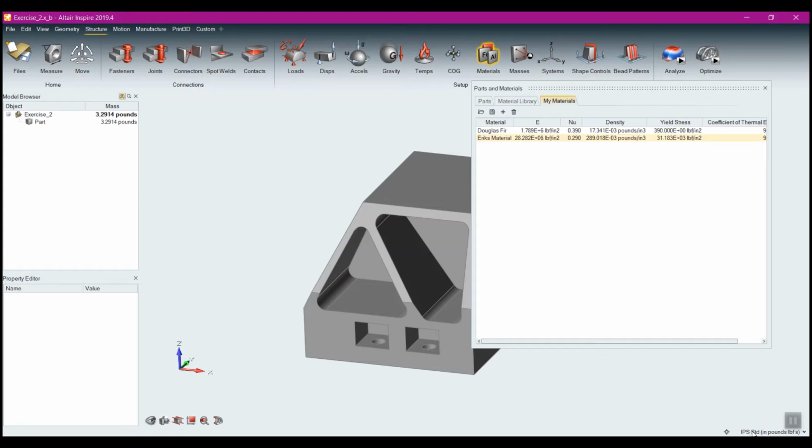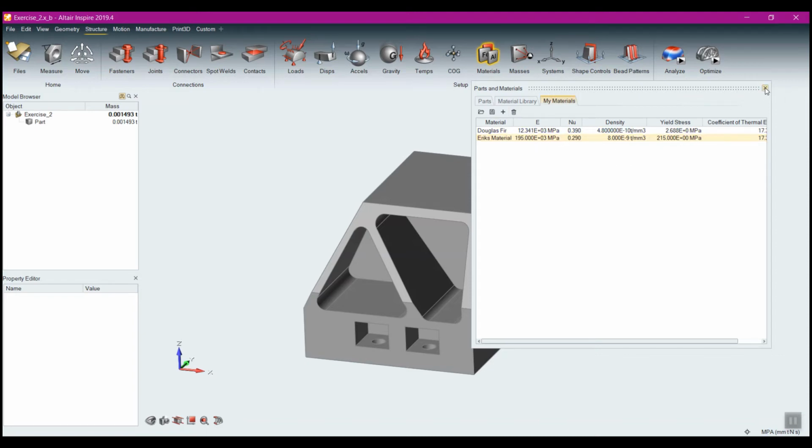All you have to do is come down here to the units, click on that, and you'll see a list of all of the common units there. We even allow you to customize units. But say I don't want to do it in inch pounds force, I can come up here to MPa, which is millimeter Newton second. I click that, and you see automatically my specifications have all adjusted to that new unit